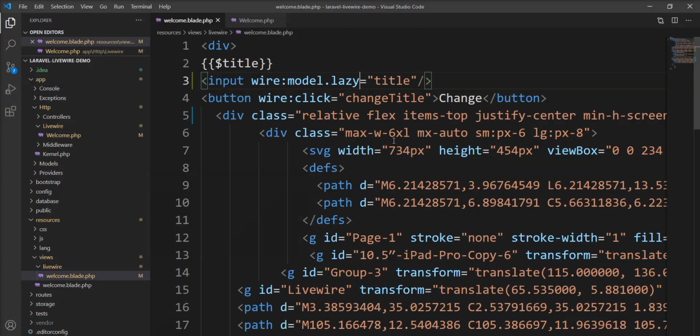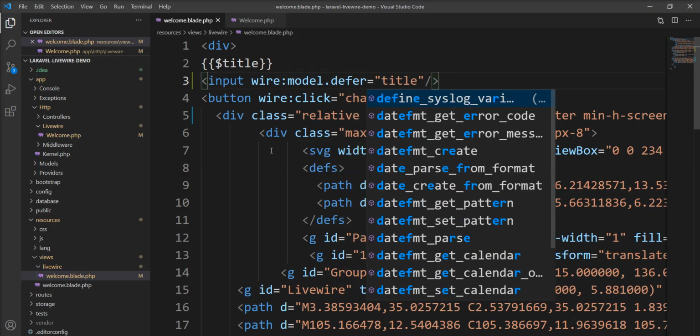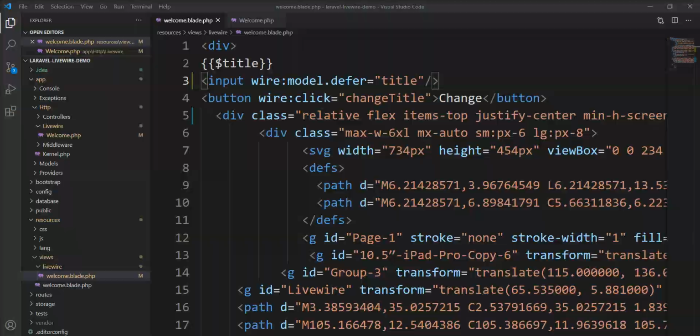So let me specify here defer and show you the example. I specify model.defer, and I already declared the change button with the change title function.